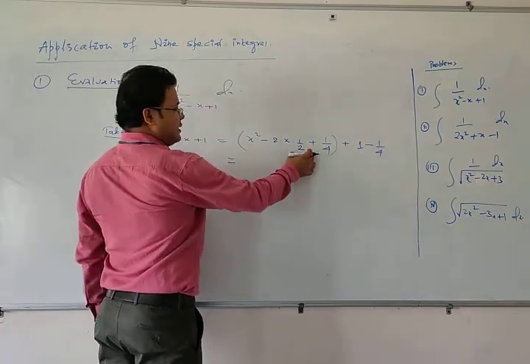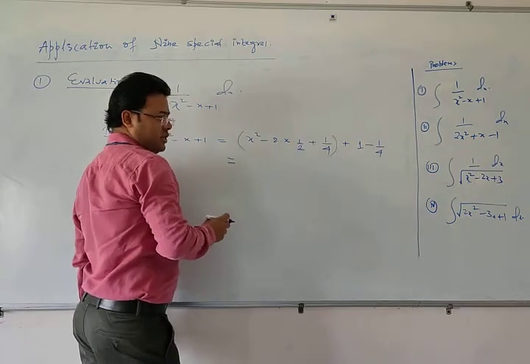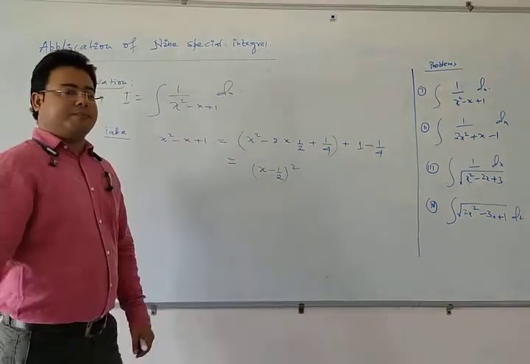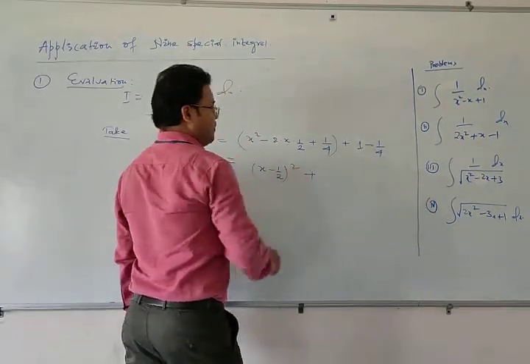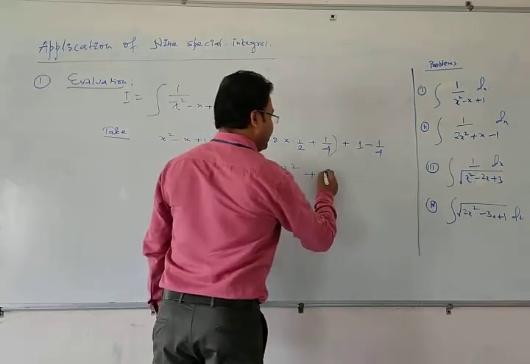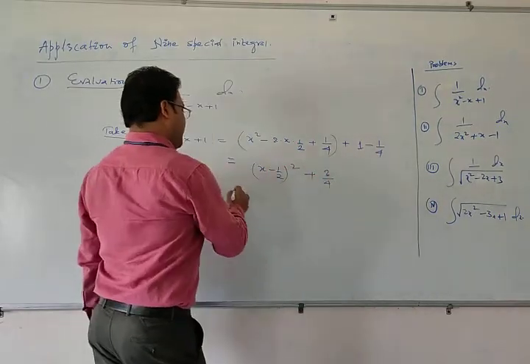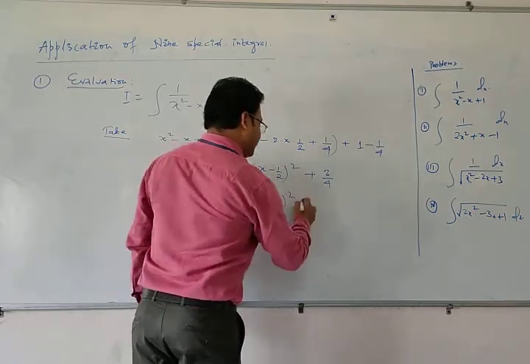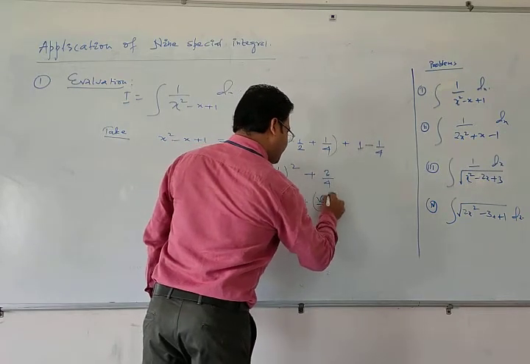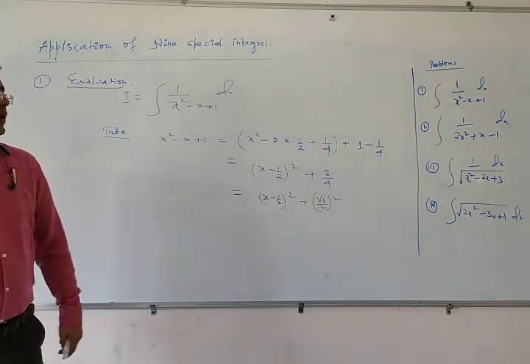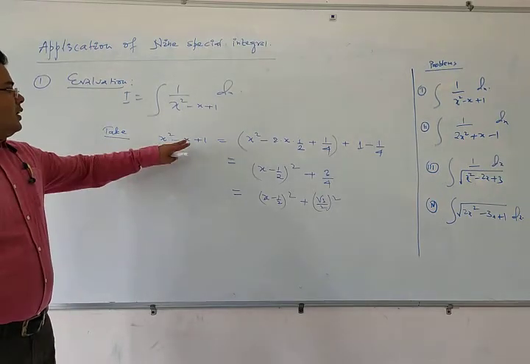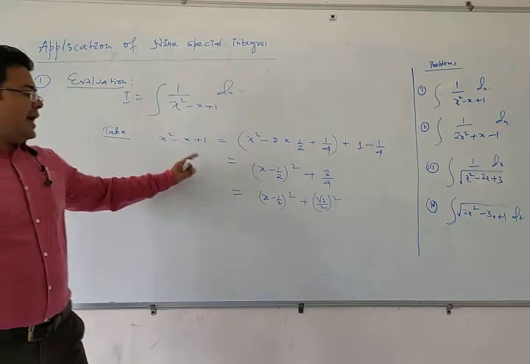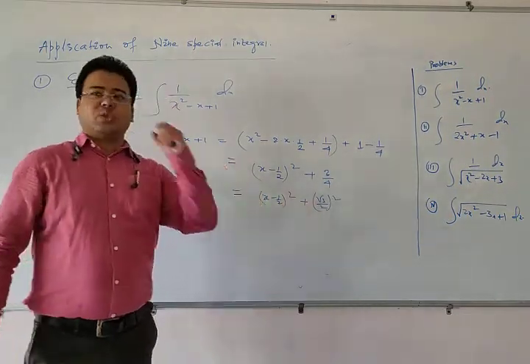in place of this, you can write (a minus b) whole square. You can see here, this is (x minus 1 by 2) whole square, and plus, on simplifying this, we will get 3 by 4. Now this is equal to (x minus half) whole square of x minus half, and this is equal to (root 3 by 2) whole square of root 3 by 2. You can easily see that this quadratic expression is written as the sum of 2 perfect squares.